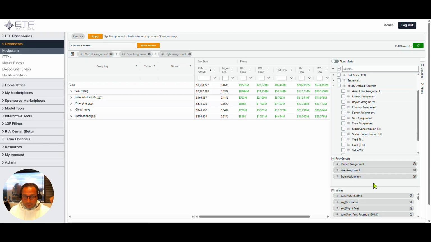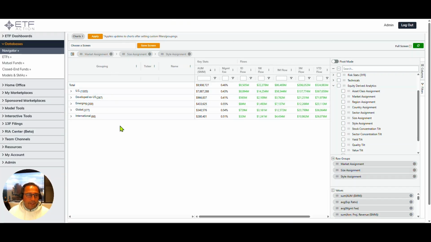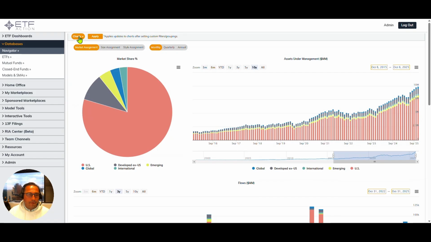market? And so to do that, first thing I want to point out is you can see $7.8 trillion is assigned US. That means that over 80% of the holdings inside of these 1,305 ETFs right here have over 80% in US listed stocks, US domiciled companies. And what I want to do is I'm going to hit apply up here. What that just did is it applied these new groupings to my charts tool so I can see over time